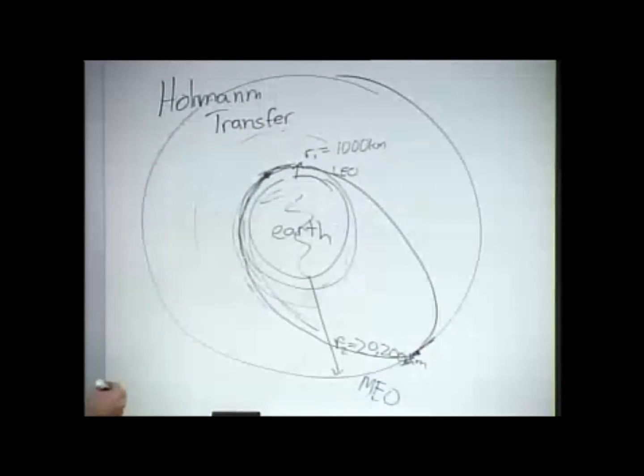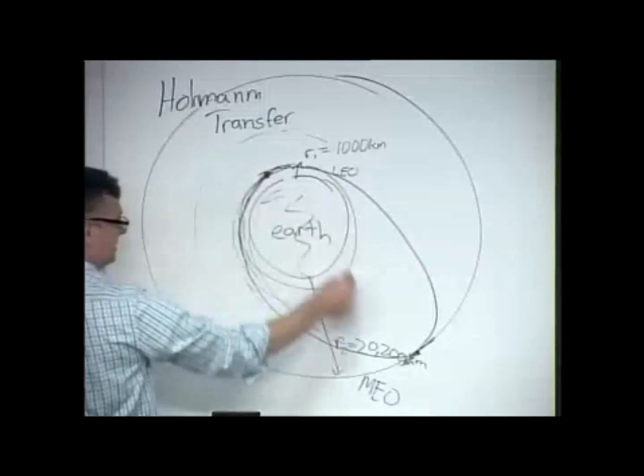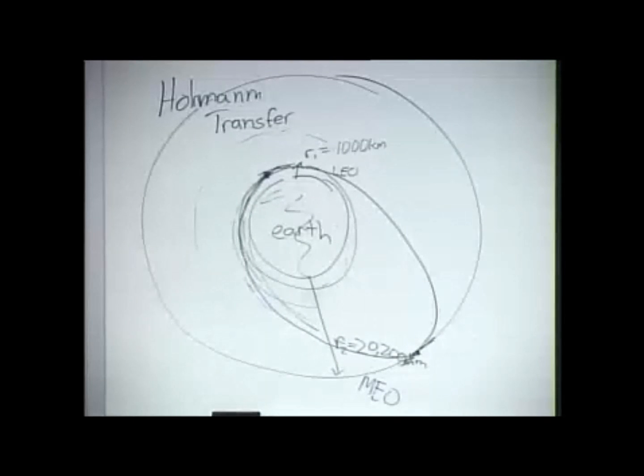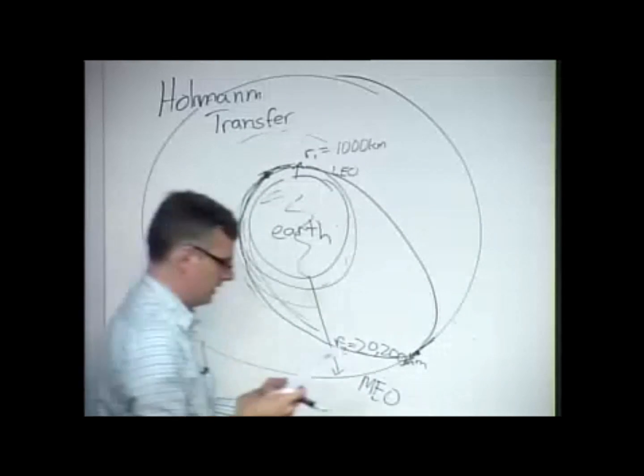And so my question to you now is, what's the period? How long does it take to get from this point to this point if I was doing a Hohmann transfer for a GPS satellite? So let's go ahead and figure it out. First of all,